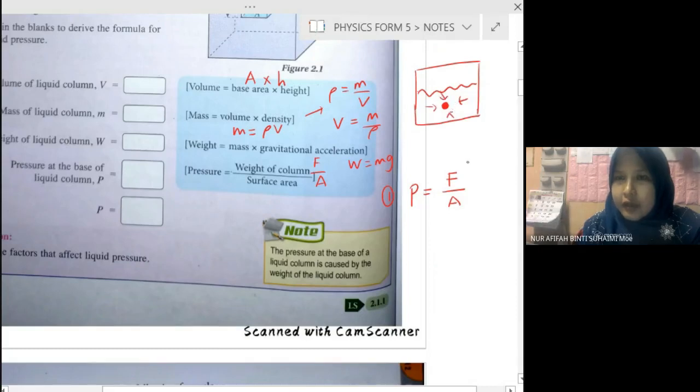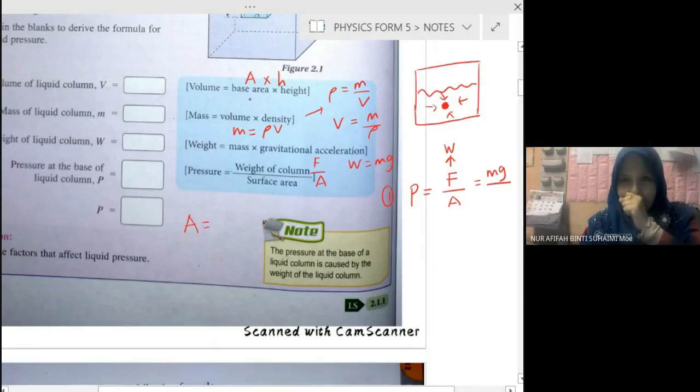So now we must consider the weight of the object inside the liquid. So F equal to mg, and then how to find A? A comes from volume. Volume equal to area times H. So A equal to volume divided by